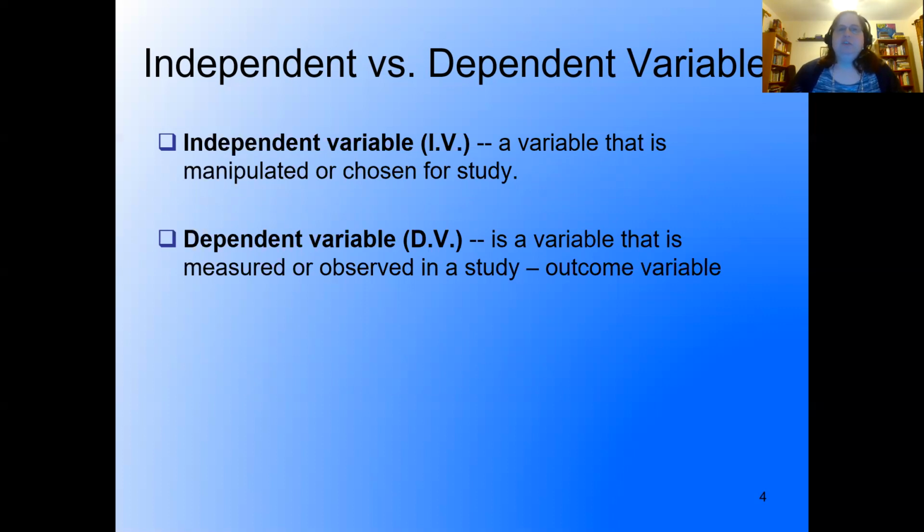So here, I know that sometimes it's difficult to tell the difference between the IV and the DV. Here's a good way to do it. Start with the DV first. Figure out which one is your outcome, which one you're measuring, okay? And then work backwards to the IV. Okay, so